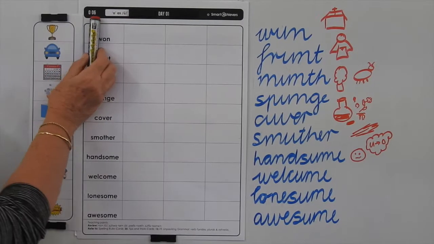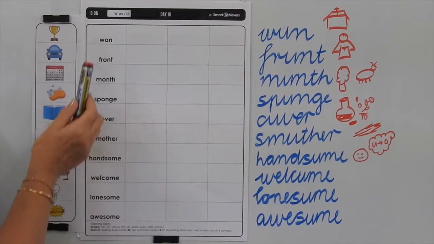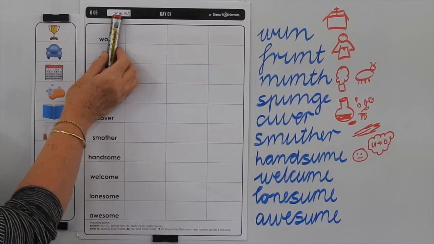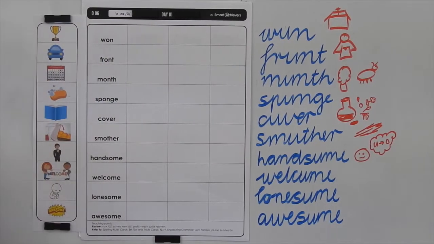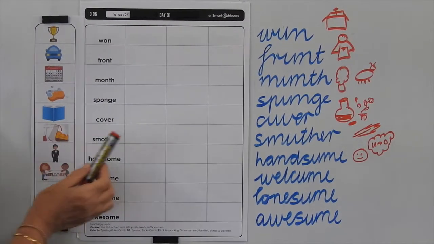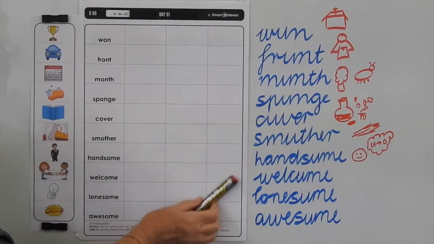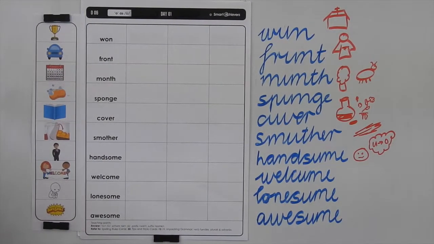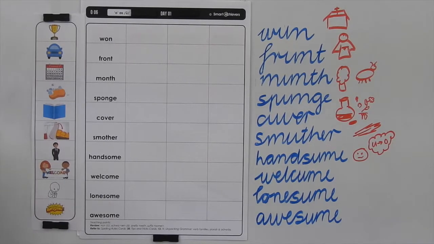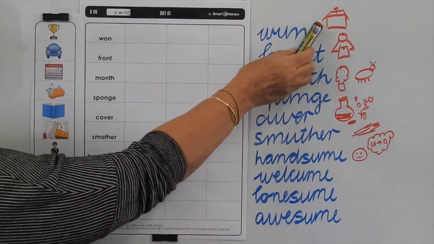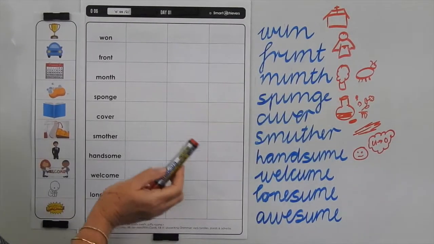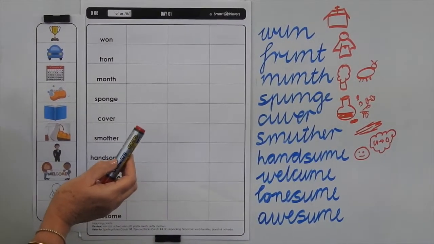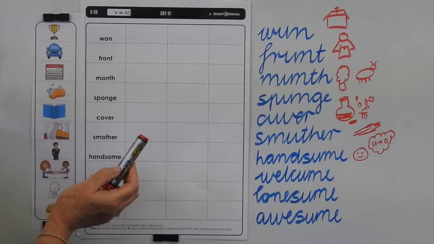This is level O, list 6, and this is the day 1 page, and here we're looking at why we use an O for the ut sound. So this has a lot to do with history. So many years ago, about 1500 years ago, you couldn't go to a bookshop and buy a book because there were no shops. So what you would have to do was to go to a monastery and pay a monk to write the book out for you, and it could take 6 months, a whole year, to copy a book